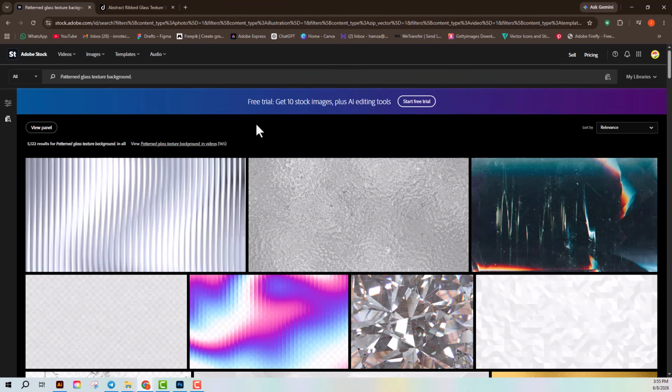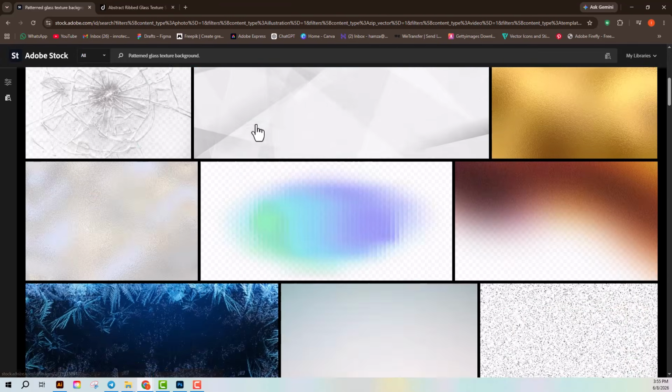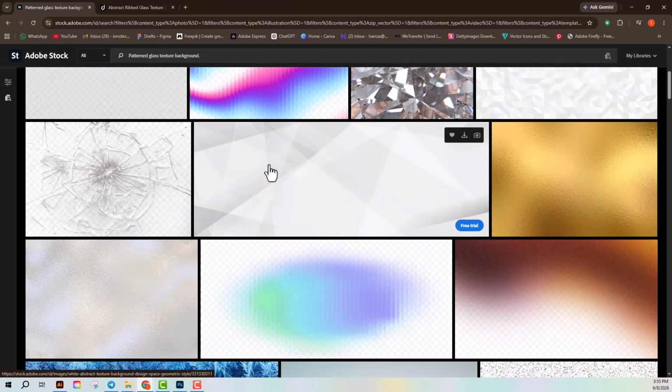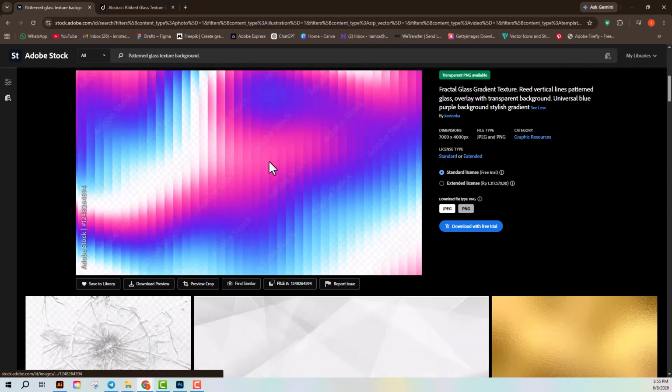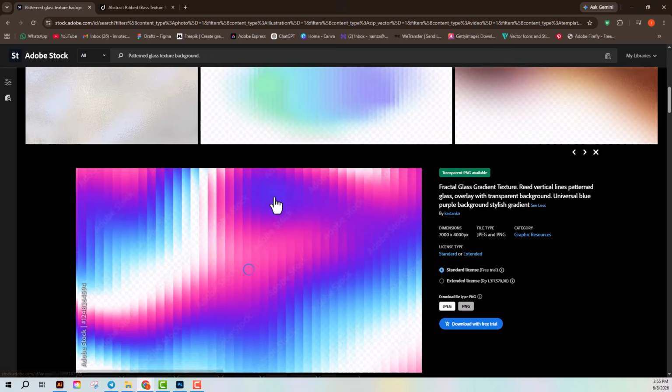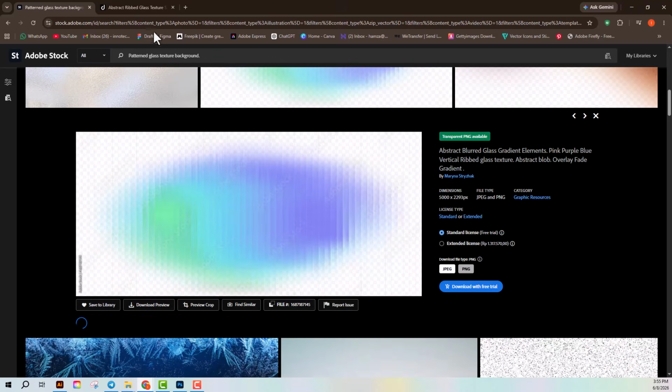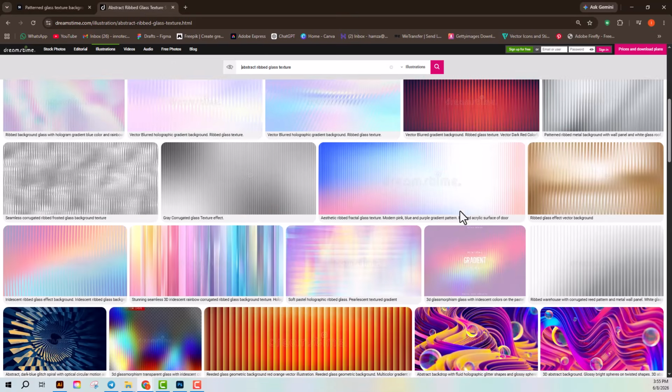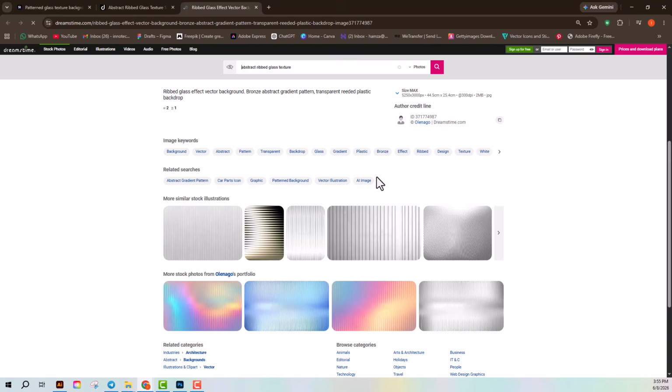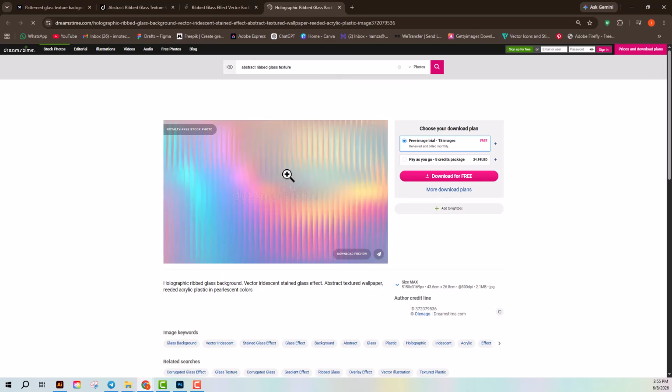In this video, we are going to look at how creating high-quality fluted and ribbed glass textures like these can help you generate a solid passive income by selling them on Adobe Stock, Dreamtime, and various other digital marketplaces. We analyzed different abstract glass gradients to see how clean geometric patterns and vibrant color blends perform exceptionally well in